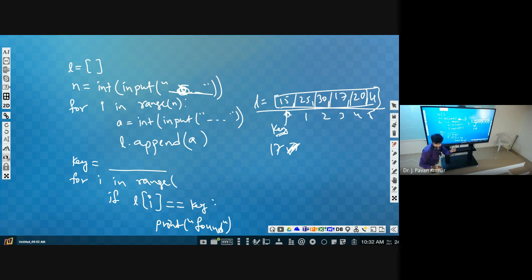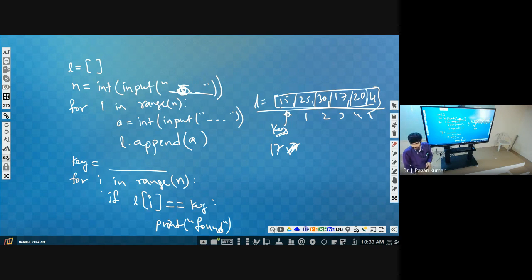If you give that, then it will go up to n minus 2. So 0 to n we have to give, or we can give n directly as well. So range of n we will be checking. Suppose we find the key, do we need to check the other elements? Suppose 25 is given as the key. 25 is found at L of 1 itself. Do we need to check further? It is found, so directly we can conclude and stop.